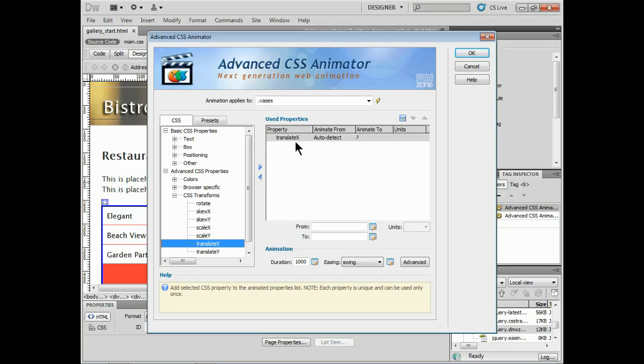Now it says translate X, auto detect. I'm going to say from something to something. Now if I come out here, I'm going to say to, let's say 40. And you guys take a look. As soon as I hit enter, return, come down here, or tab even,